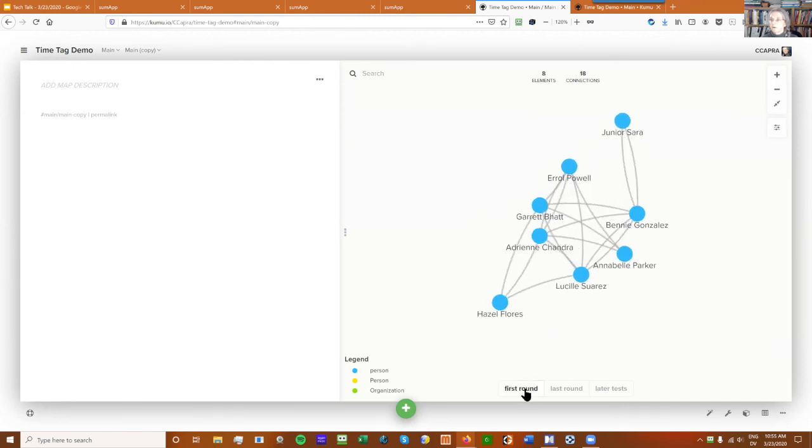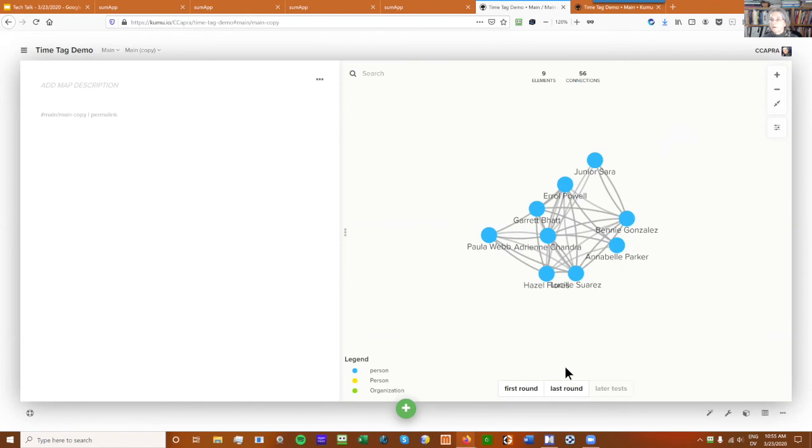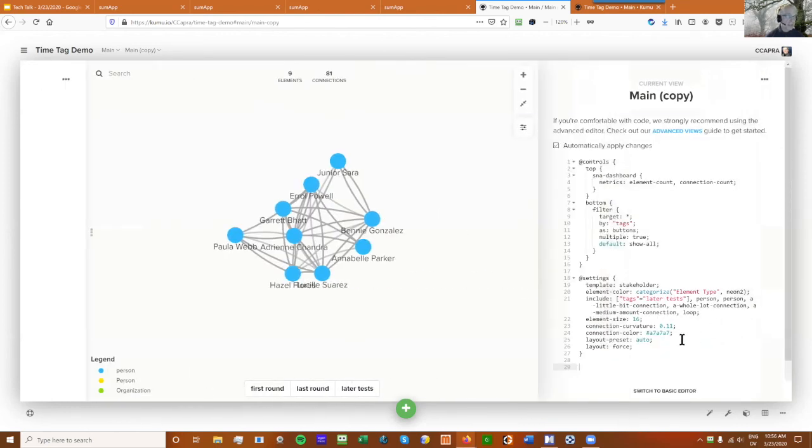But in the first round, there were only 8 elements and 18 connections. In the second round, there are 9 people. I'm filtering right now, so remember, if you go into the advanced editor, we're filtering out all the extra time tags.